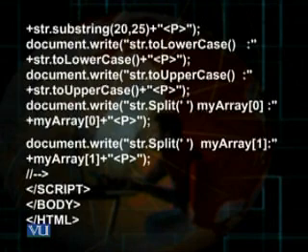So when I write my array 1, that would bring me the value is. If I write my array 2, that would bring me the value A. After that, I close the script tag, close the body tag, close the HTML tag. You will see the result of this code when I use these different methods, these different functions of the string object. I get the desired results accordingly.